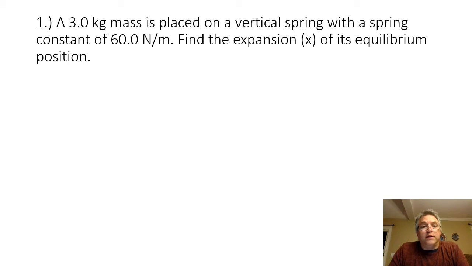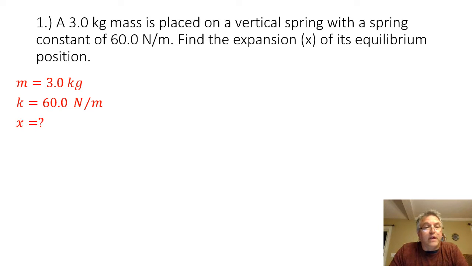A 3.0 kilogram mass is placed on a vertical spring with a spring constant of 60.0 newtons per meter. Find the expansion of its equilibrium position. So in this problem, we are given the mass of the object, which is 3.0 kilograms, and the spring constant of the spring, 60.0 newtons per meter, and we are looking for the displacement from equilibrium, or